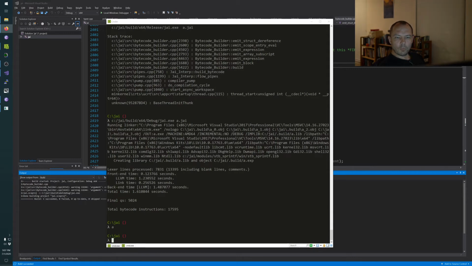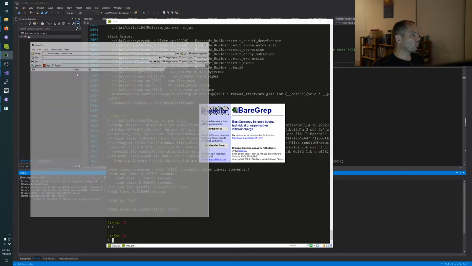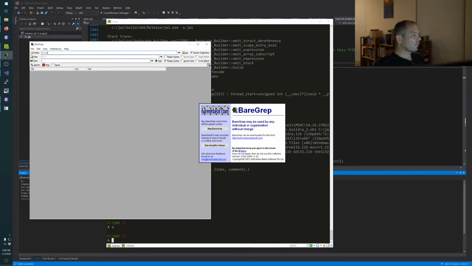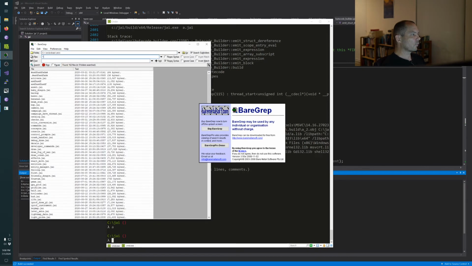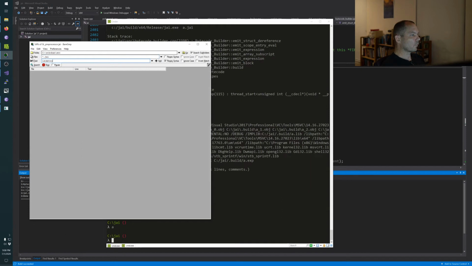Bug in modules math matrix. Maybe this will fix a bug in Sokoban. No, I guess we don't use it. Let me see.